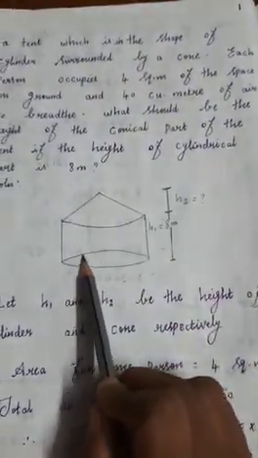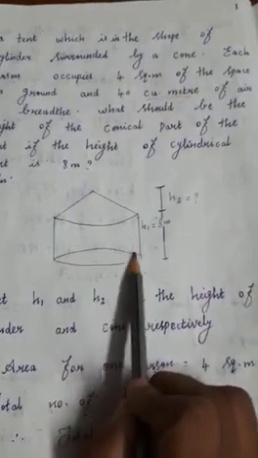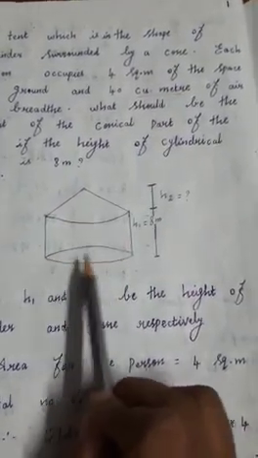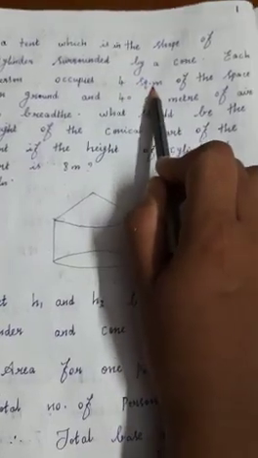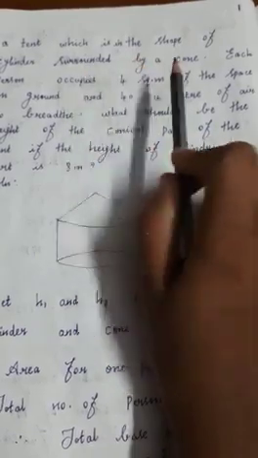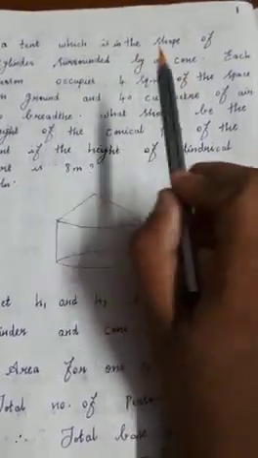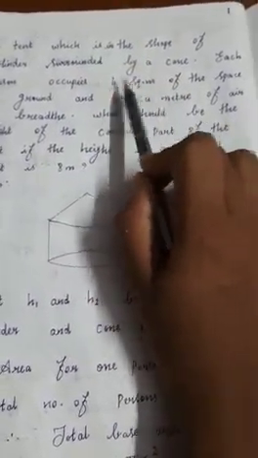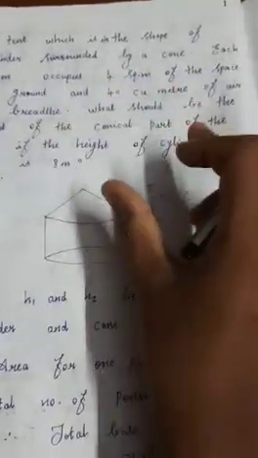This area is the circle part, so the area of the circle is the formula pi r square. So pi r square is equal to 150 into 4. Totally 150 persons, and one person needs 4 square meters, so both are equal. Pi r square is equal to 150 into 4.